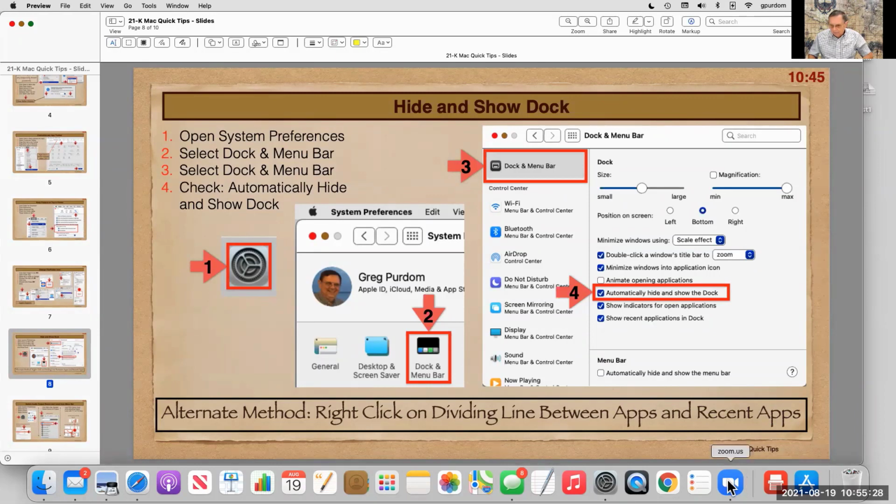This divider line is the divider between the apps that are in the dock, and these are fixed in the dock because I want them to be. These in between these two lines are the recently used apps that are not in the dock, and I can choose to move them in the dock or just leave them where they're at. But if I hover my cursor over this dividing line, the cursor changes to a double-headed white arrow, and if I right-click that, it brings up a contextual window that I can turn hiding